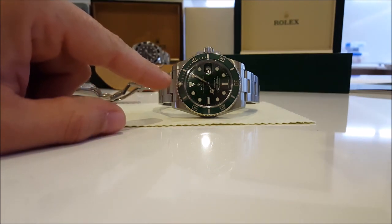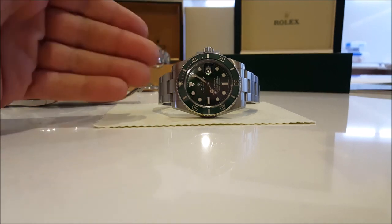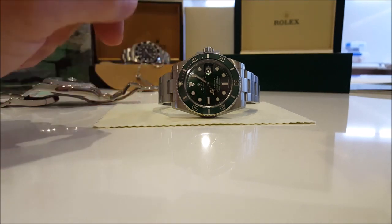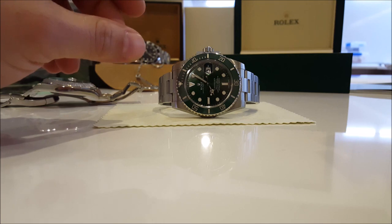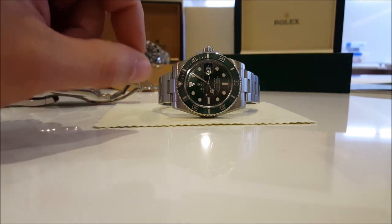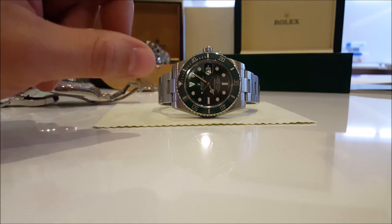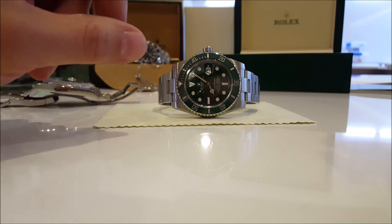So the zero position on the bezel up here was marked with an arrow and luminous pearl in the center, which still is the same up until today. A small sign said Submariner, the diver's friend. In other words, Rolex created a professional diver's watch with an automatic movement with a water resistance up to 100